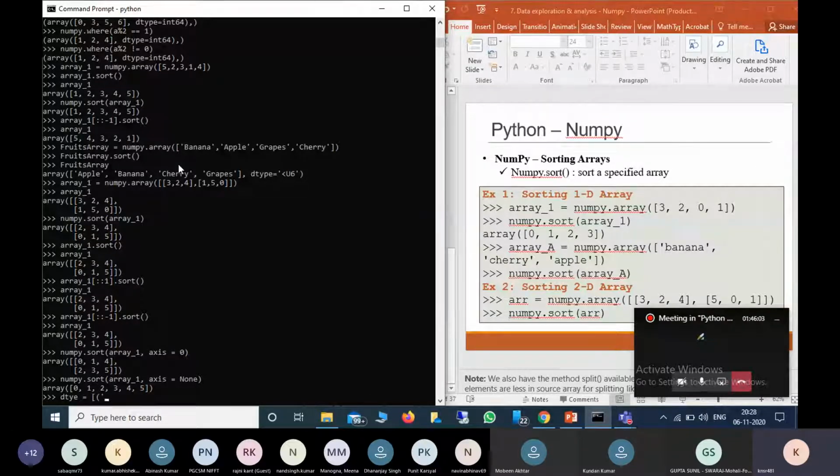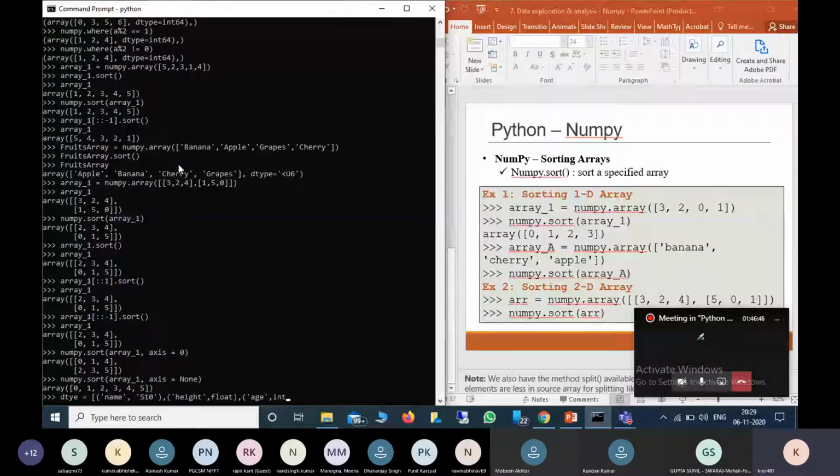so name will be a string of length 10, so S10, comma, then height, comma, it is a float, then age, comma, age.